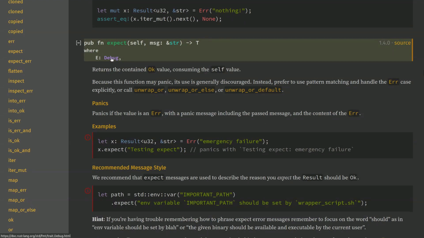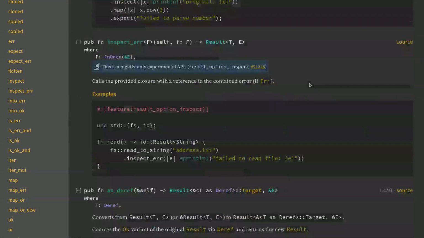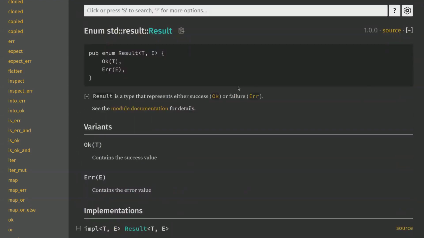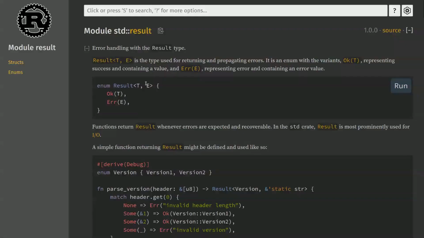Now, there is still a bit of a gap, because we think of the variant as handling errors, but we still haven't got to the error trait. So let's take a look at the standard result documentation. You can see here that the word error appears a lot of times.